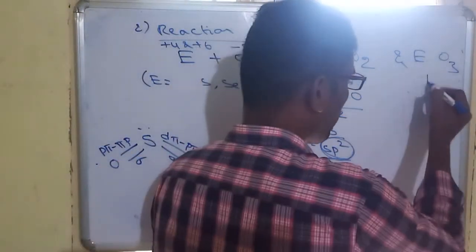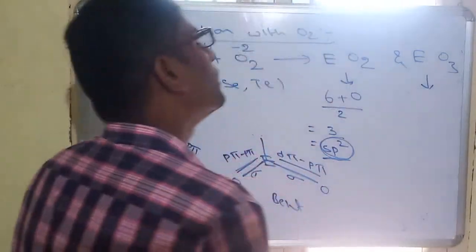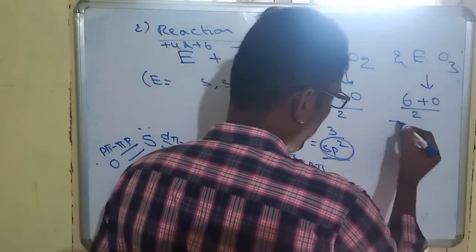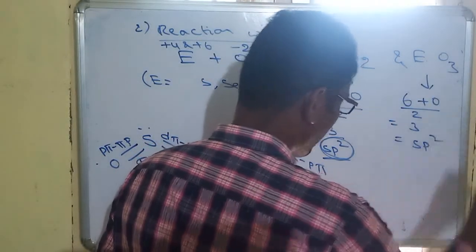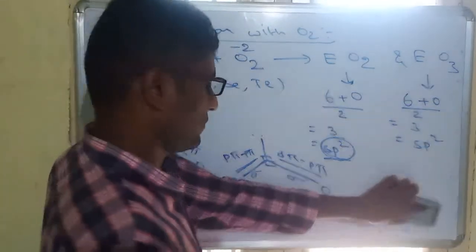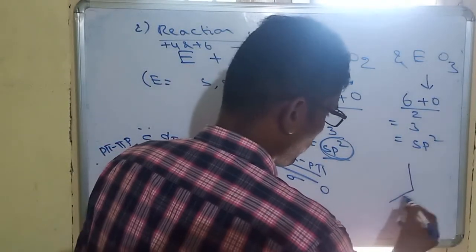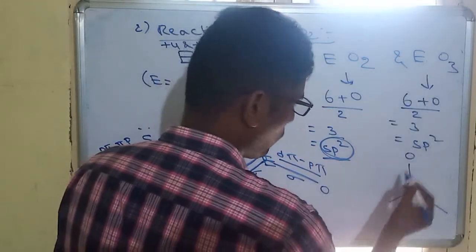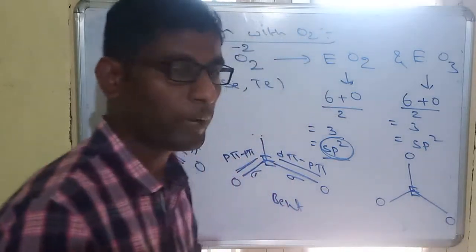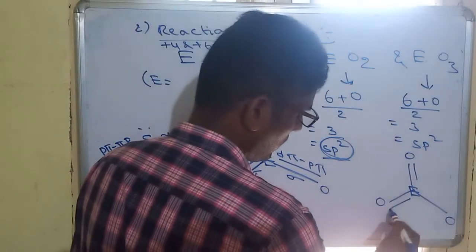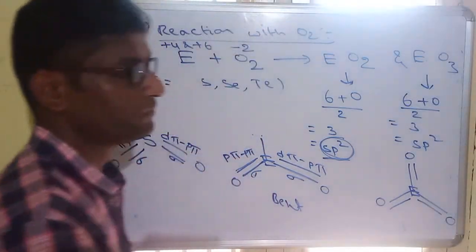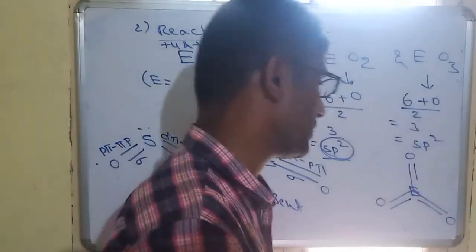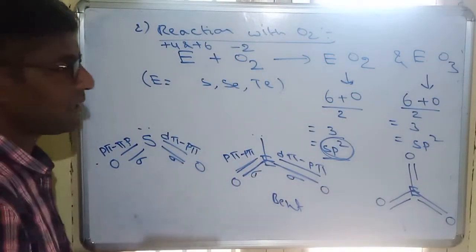Similarly, when you are observing trioxides, they are the same. Central atom will be 6. There is no monovalent atom. Divided by 2, the value will be 3. Hybridization is again sp2, and the shape will be planar. Central atom will be E. Here there are 3 oxygens: 1, 2, 3. There is no lone pair. So again pi bonds will form like this. In place of B we can write S, that is the SO3 structure, sulfur trioxide. So these are the dioxide and trioxide structures.